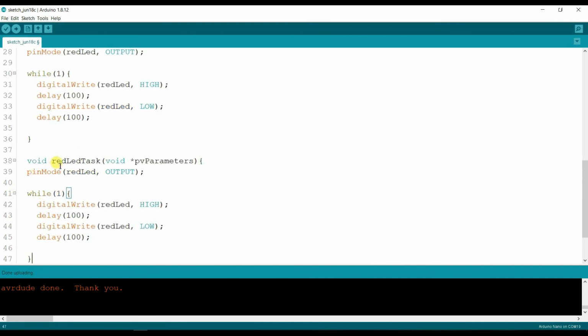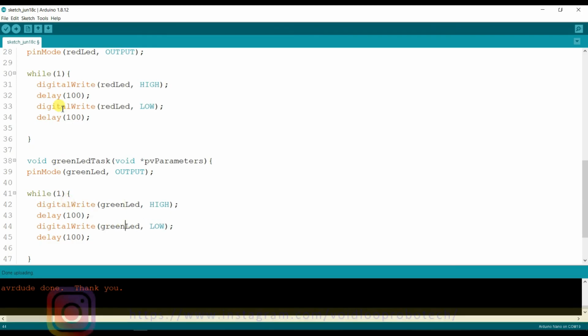I will copy this and paste it here. Here it is green, green, green, green.